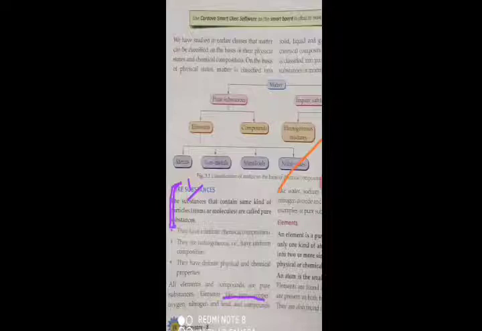Any of the examples. Next question is define homogeneous and heterogeneous mixture. Give 2 examples of each. Then here you can see on page number 28 the answer that is given. That is homogeneous mixture, and for heterogeneous mixture you will write this, and the examples are given. That sugar dissolved in water to form, you can see the example. So any 2 examples you can give. Here also the same thing, you can give any 2 examples. This is answer number 2, short answers.